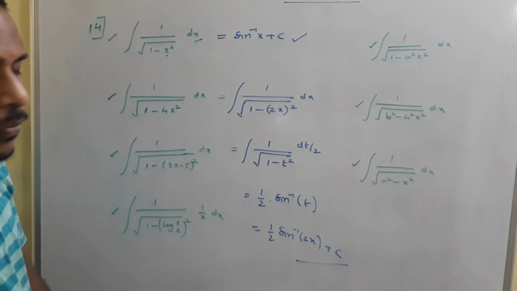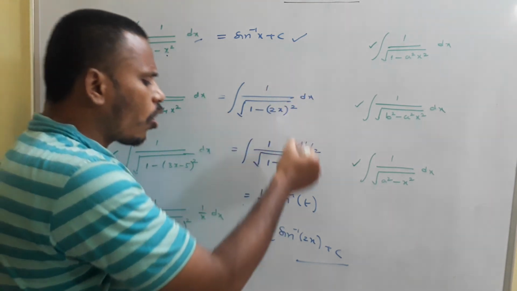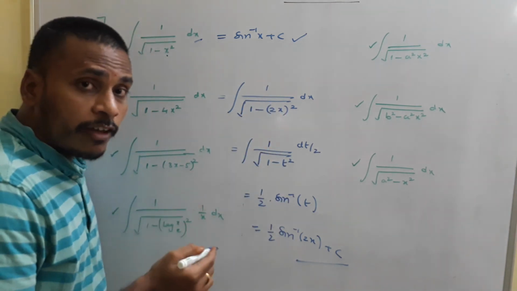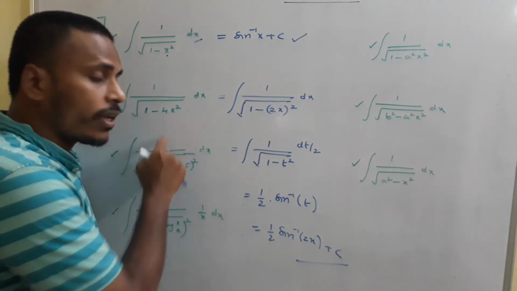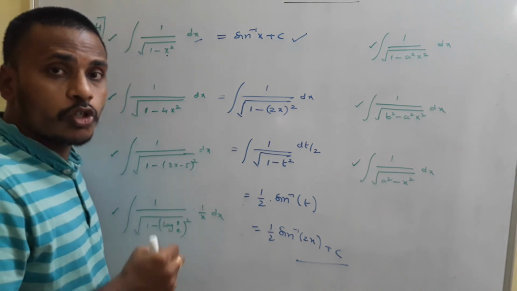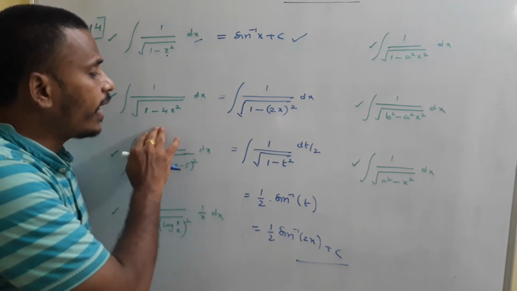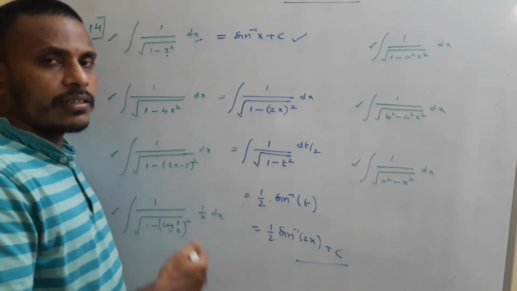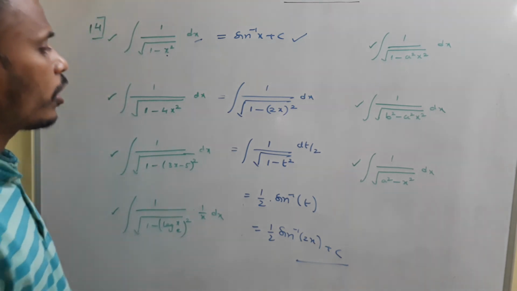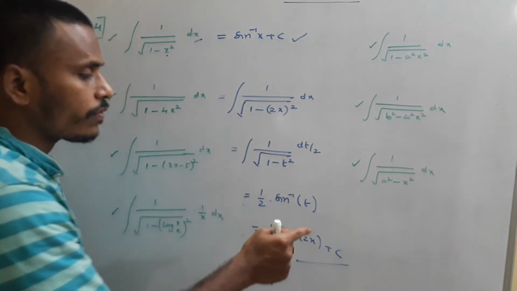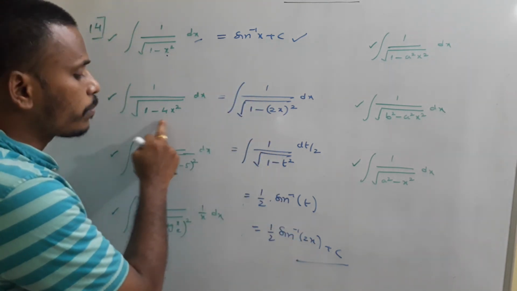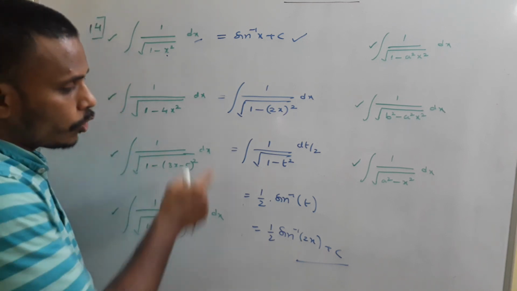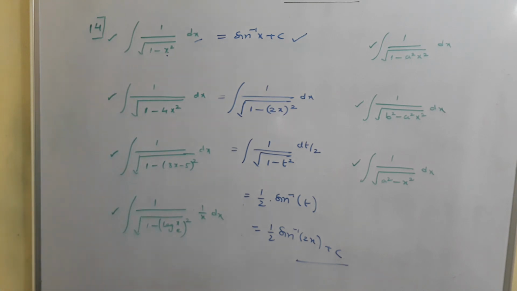Is it clear for you? See, no need to mention all these steps. No need to proceed in this manner. It is enough if you observe 4x square as 2x whole square, and now it is easy to use the sine inverse x rule, then directly you just answer it as half sine inverse 2x. By practice you will get different direct ways, but initially we need to move in this process of substitution, and my answer for this bit is half sine inverse 2x. You just try to answer the next bit using the same method.